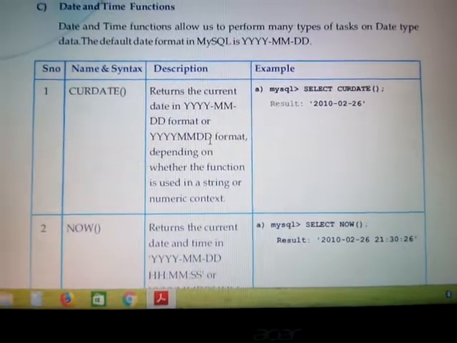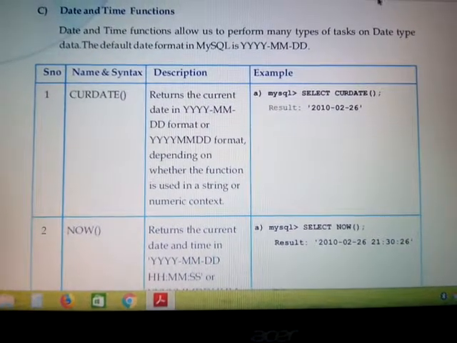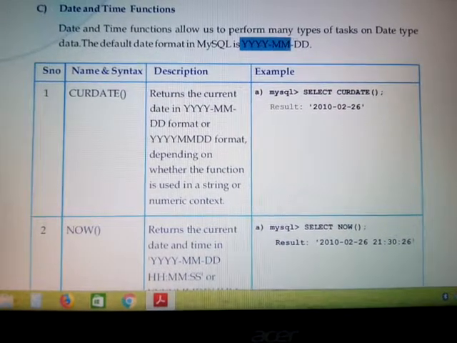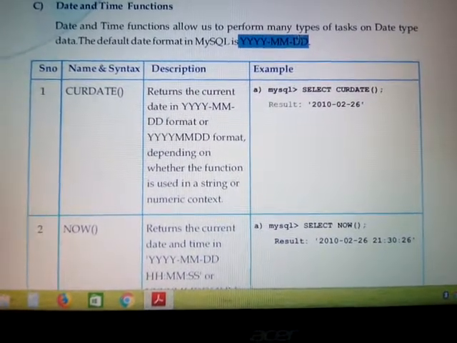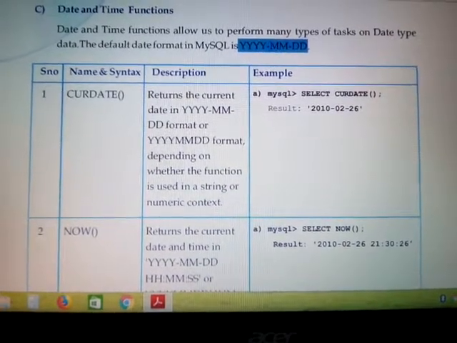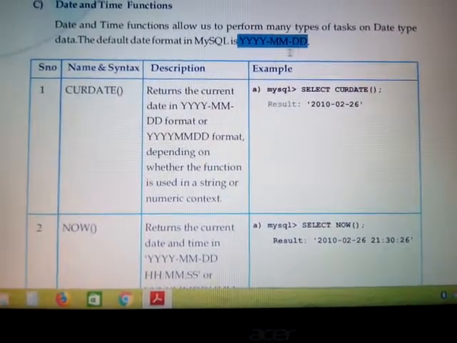And we know very well that the date which we use in MySQL is in this format, that is year, month and date, separated with the hyphen symbol.